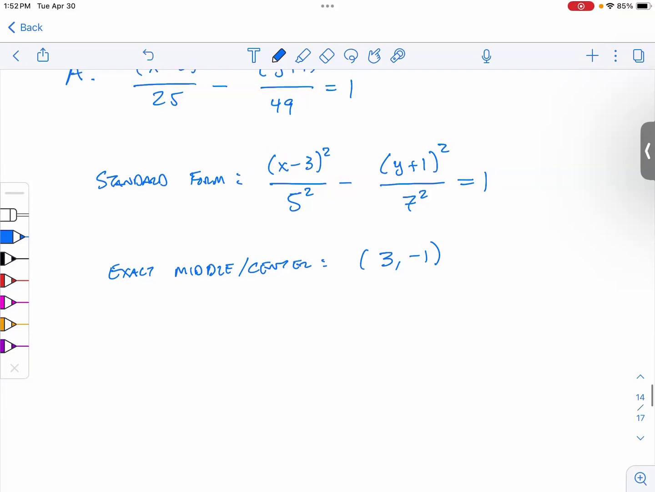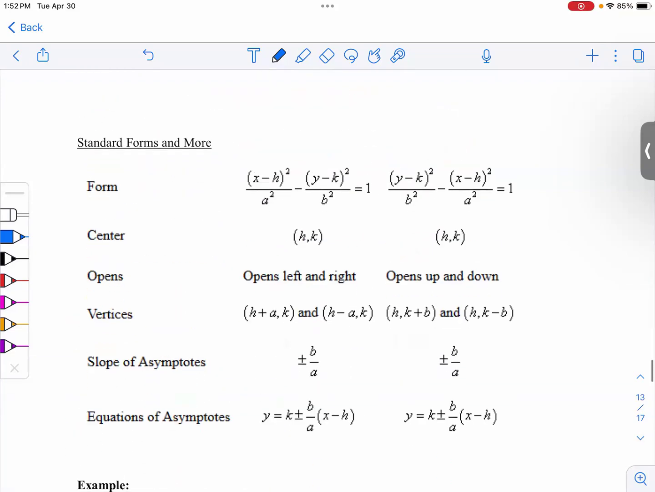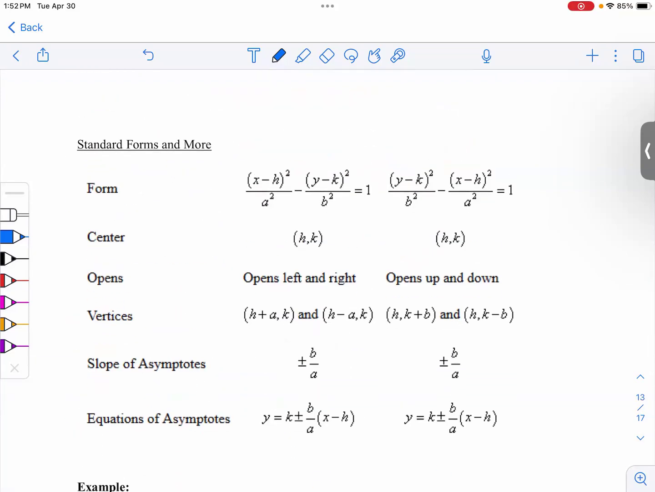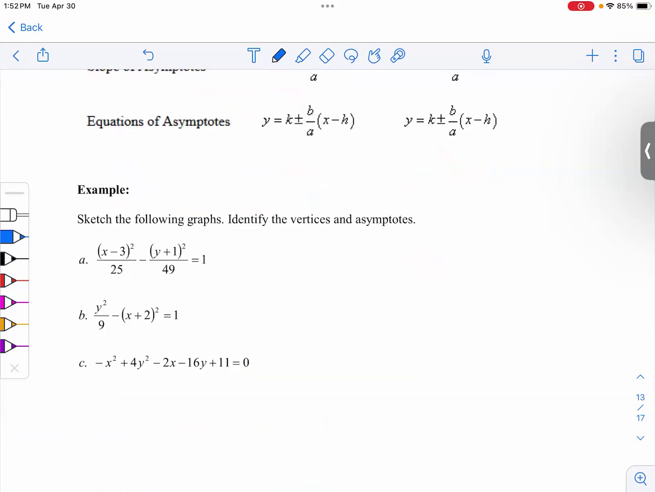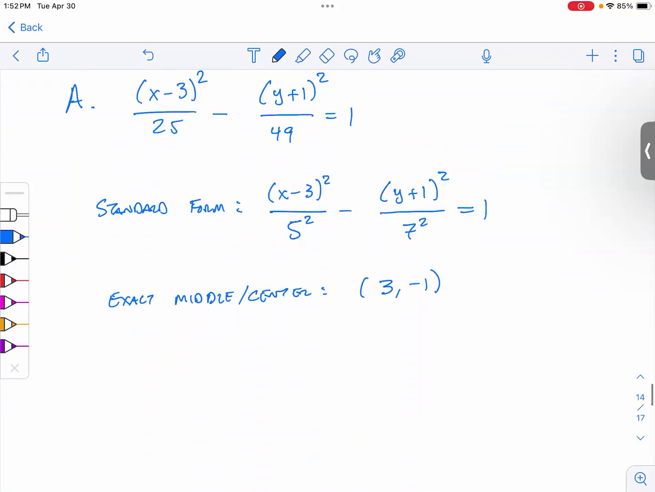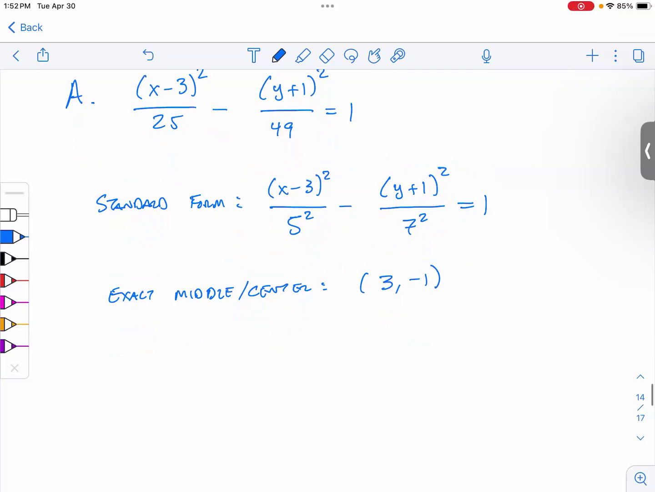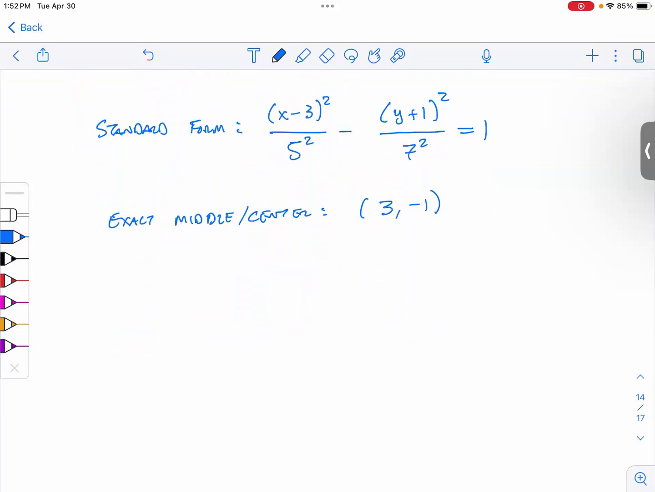Since this one is x minus y, that means I know it opens left and right. Then we can identify the asymptotes. So identify the vertices, and I use Desmos for that. The asymptotes are the other interesting thing because Desmos doesn't actually draw these. So since we have our value,